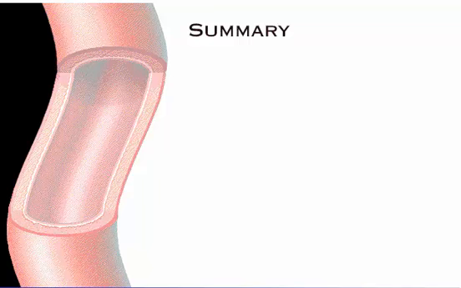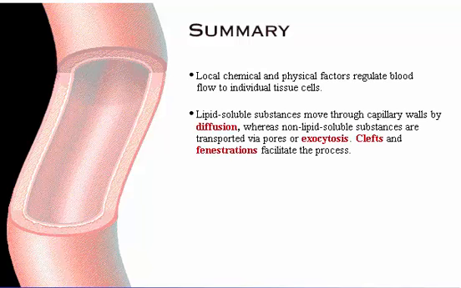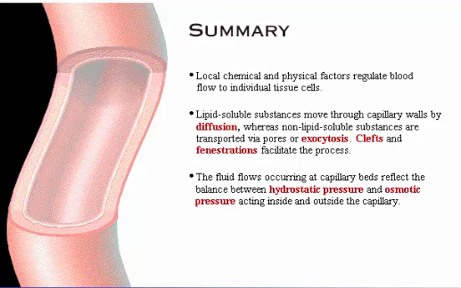Here's a summary of what we've covered. Local chemical and physical factors regulate blood flow to individual tissue cells. Lipid-soluble substances move through capillary walls by diffusion, whereas non-lipid-soluble substances are transported via pores or exocytosis. Clefts and fenestrations facilitate the process. The fluid flows occurring at capillary beds reflect the balance between hydrostatic and osmotic pressures acting inside and outside the capillary. To test your knowledge, click the quiz button to go to the